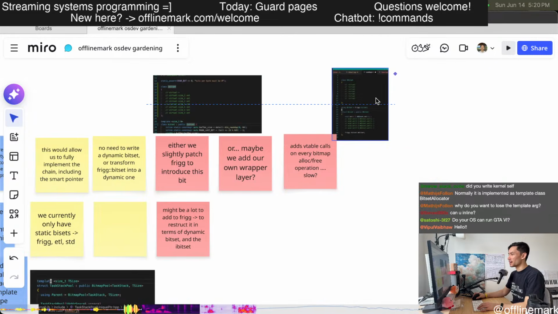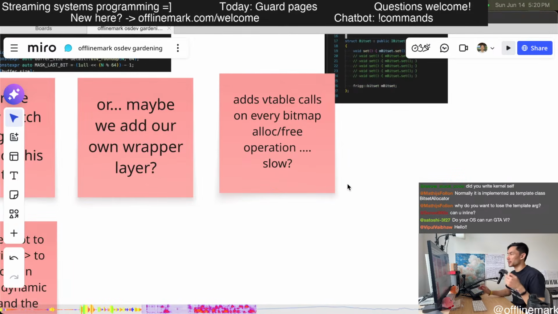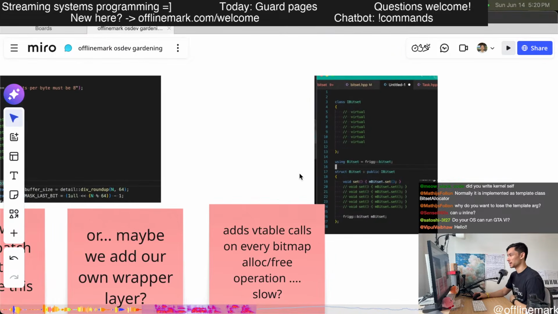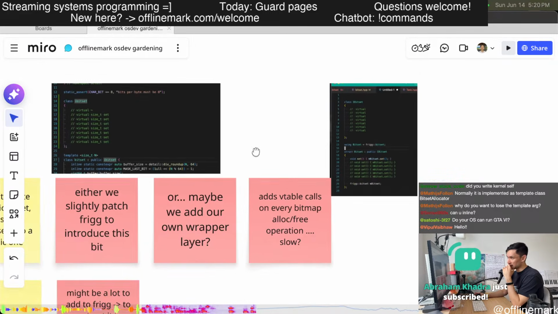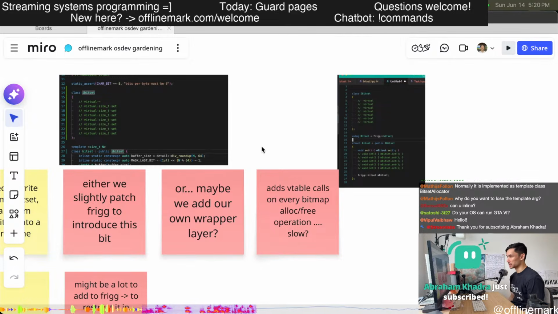I'm always very cautious to go with the "it's too slow" argument, because that is so frequently reached for as a critique of things, but in so many cases it really doesn't matter. So for me, this is not the primary objection to this design, but it's also not something to totally ignore, because it does impact the performance of the bit set pretty considerably, I would have to imagine.